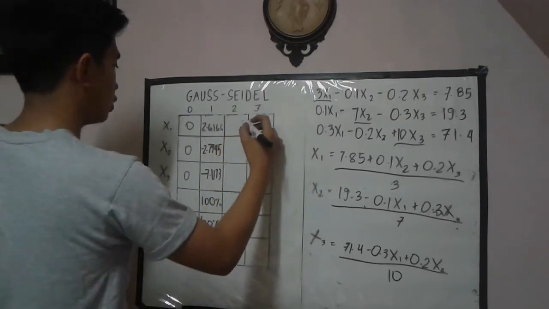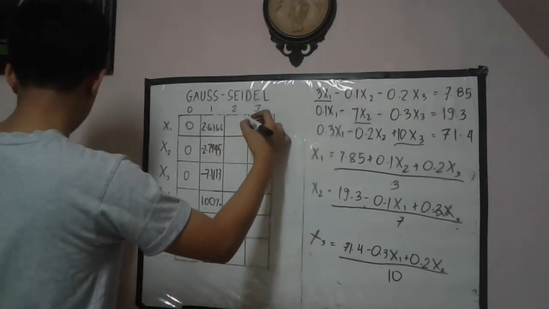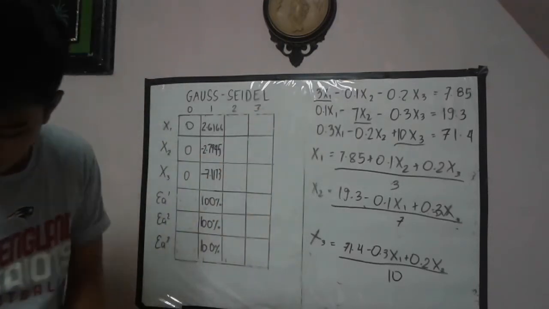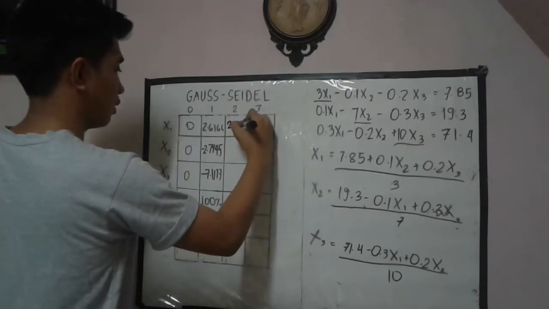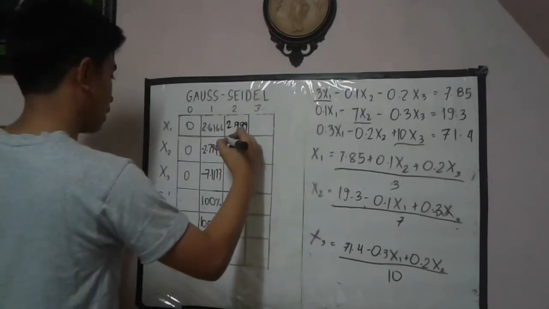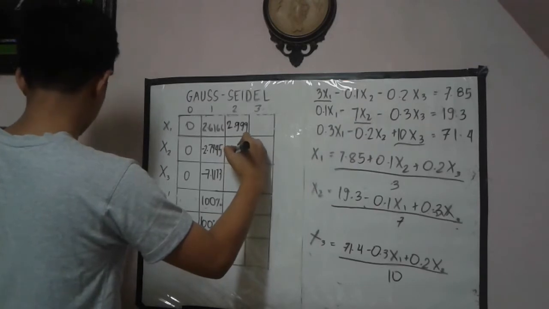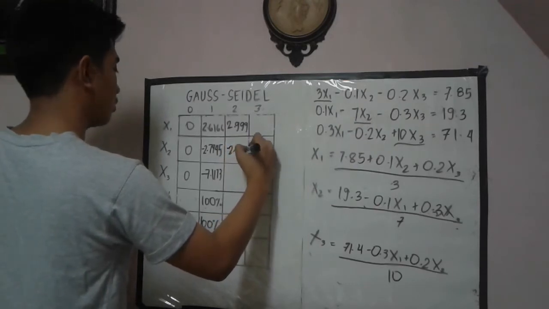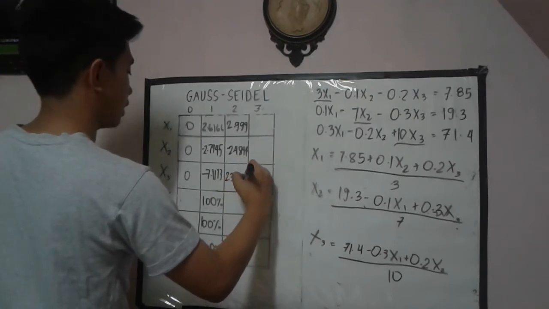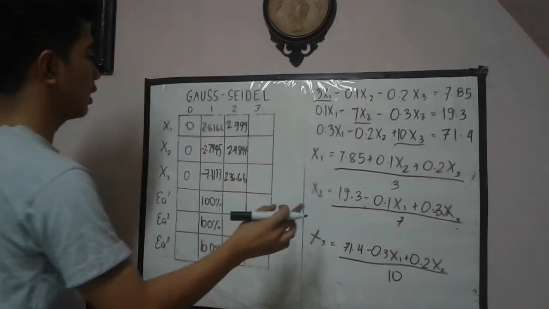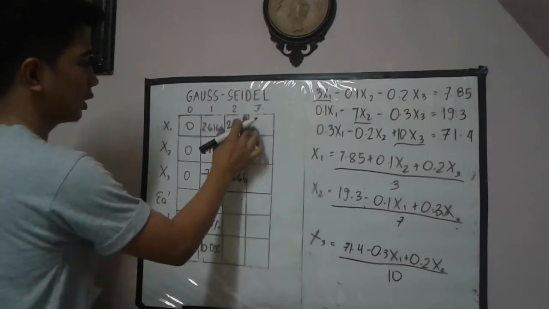For the second iteration, we'll have the values of 2.99, negative 2.4894, and 236.66. Note that if you find your x1, then